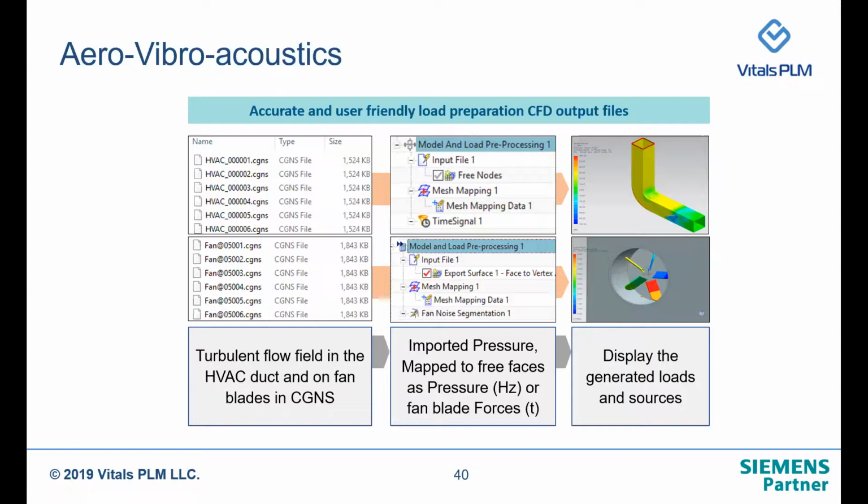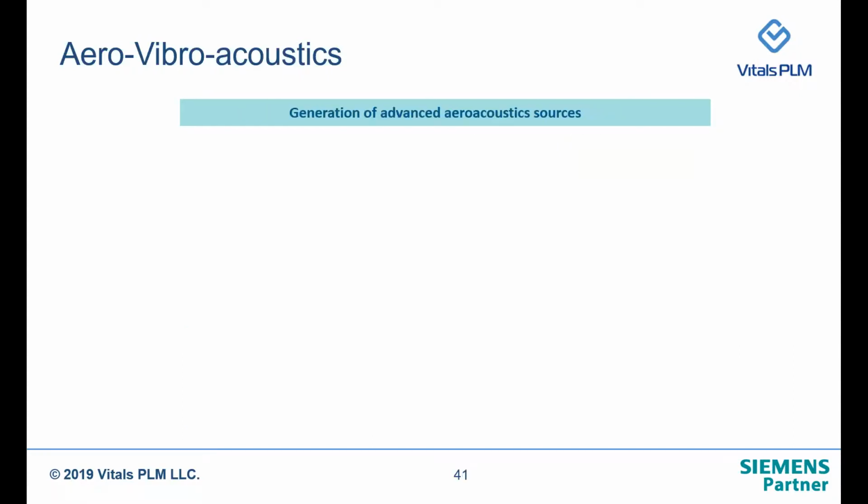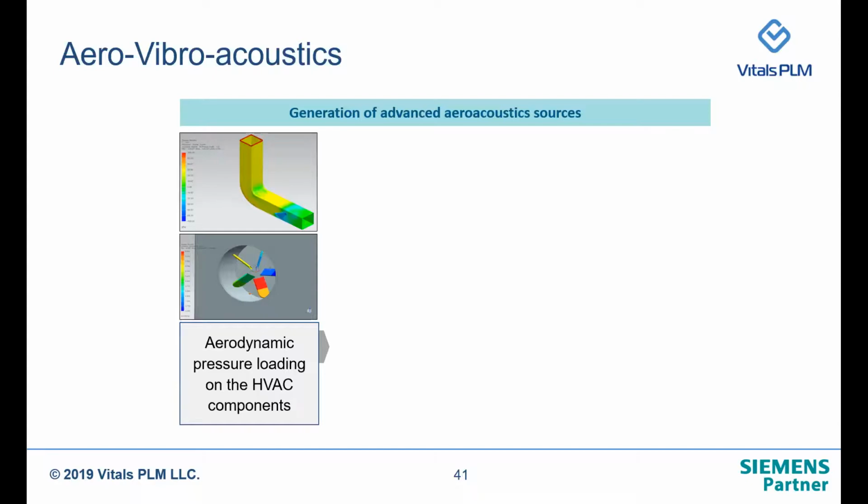Here on the top we see the pressure field in the frequency domain, and at the bottom we see the fan surface pressures converted into loads, which are in the time domain, on the surfaces of the fan blades. Once we have the loading and pressures in the frequency domain,